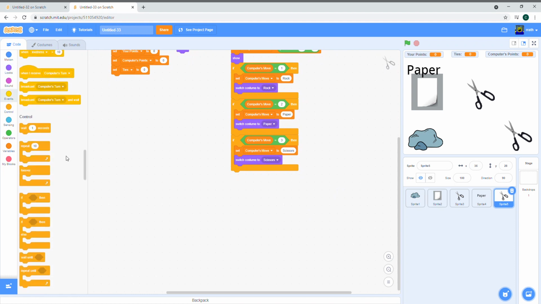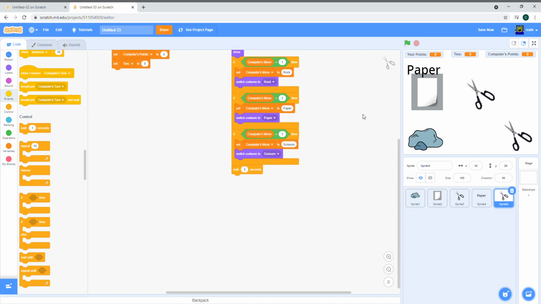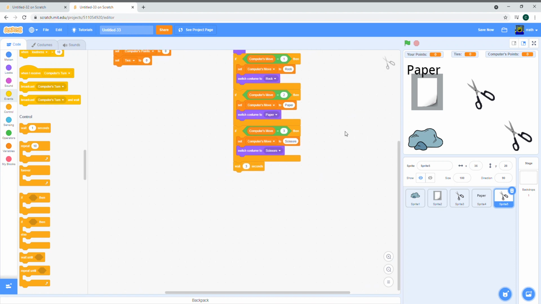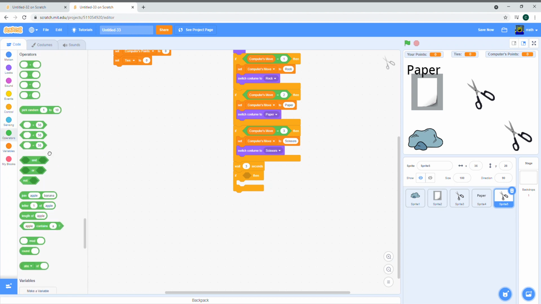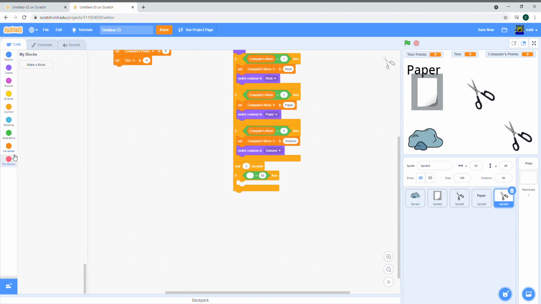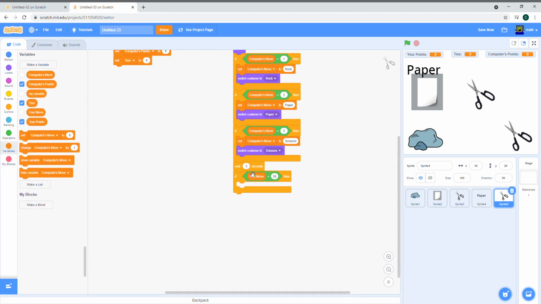So we can wait for 3 seconds because we need some time to see what the computer actually picked. And then the deciding happens, whoever wins. So this part of the code is pretty long. And I'll be explaining what I'm doing as I put on the blocks. So if your move is equal to rock, so if you pick rock, your move is equal to rock, and